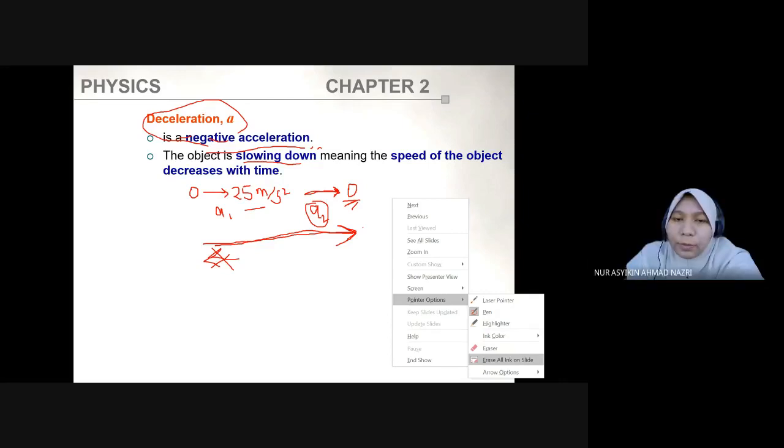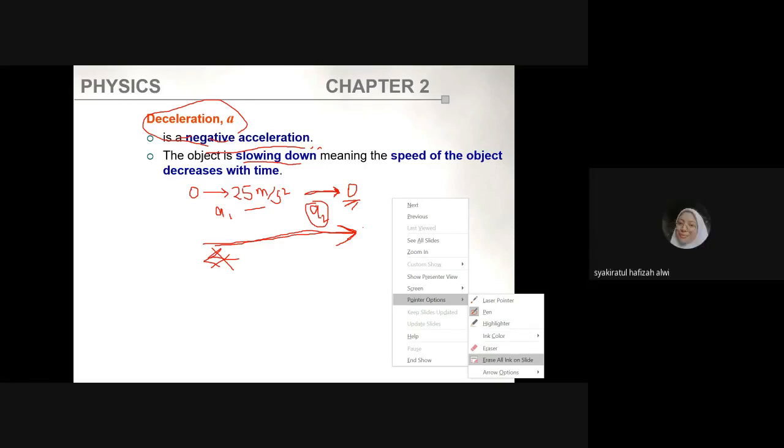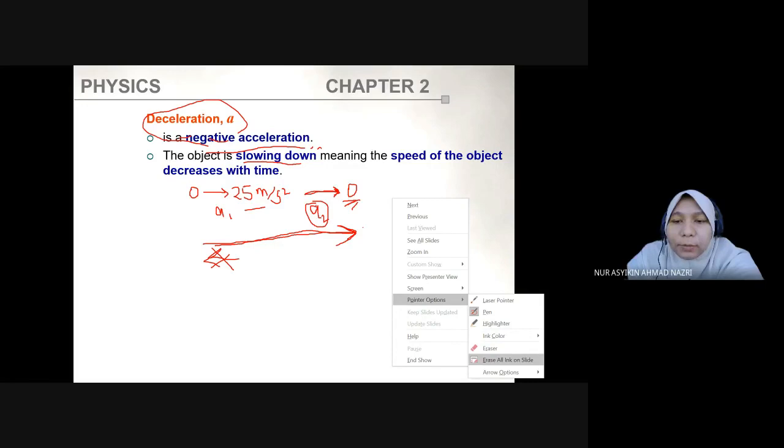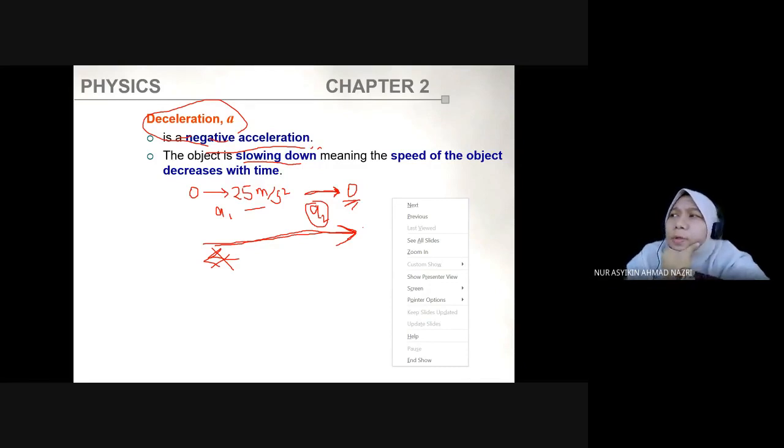Yang tu possible juga. Tapi basically kalau untuk explain deceleration, bila kita consider graph, dia akan nampak velocity tu negatif. Sebab ini speed of the object decrease with time. Tapi direction,